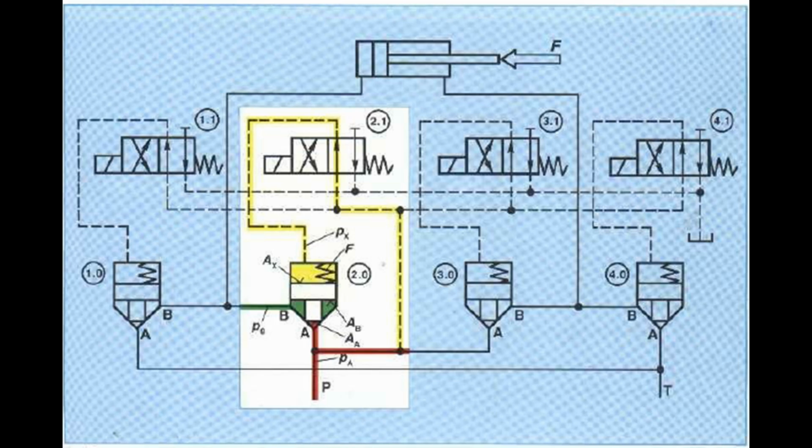The fluid ejected from the full bore side of the cylinder opens valve poppet 1.0 by means of its area against the spring and thus passes to tank. Cylinder extending. Pilot valves,